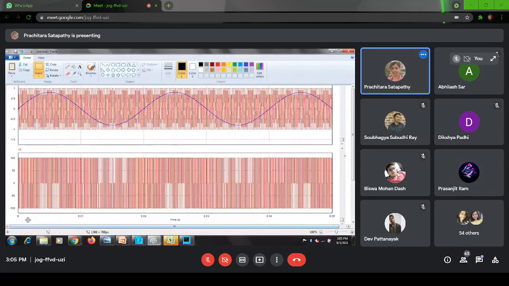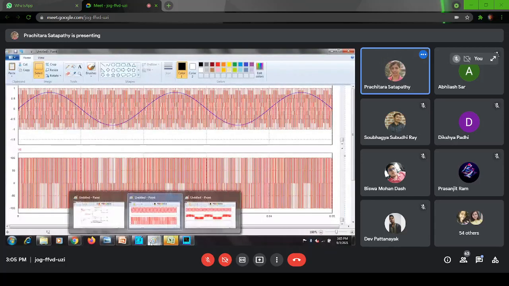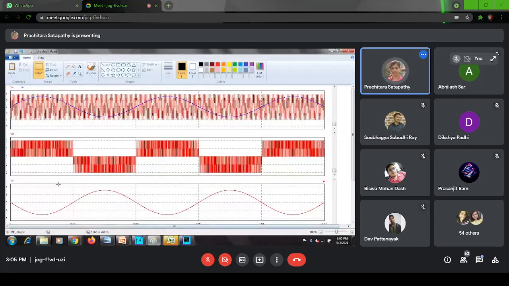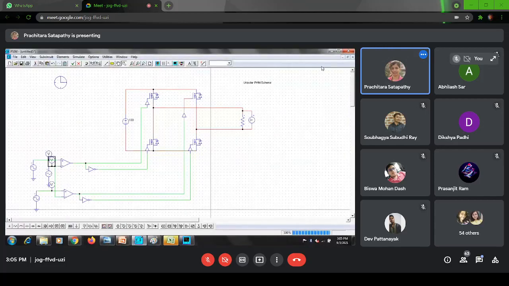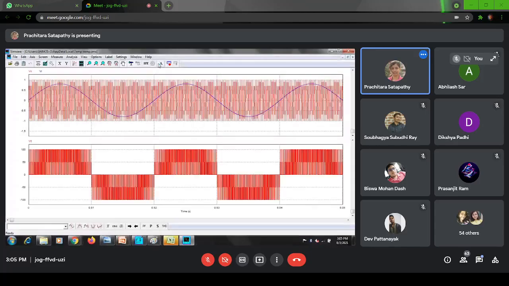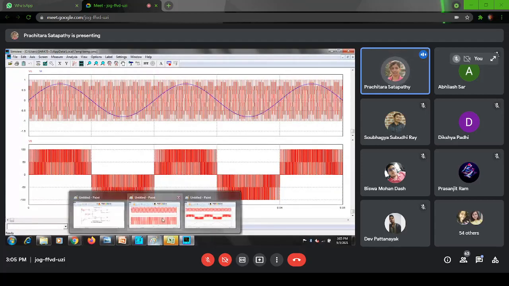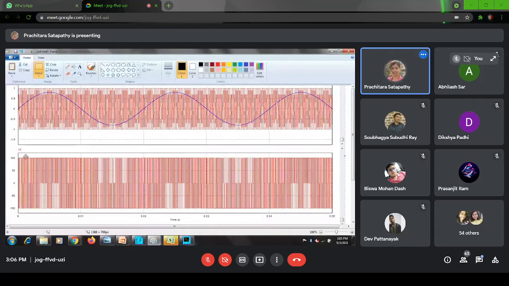So you can see the peak voltage, sorry, source voltage you have taken is 100. So in bipolar it is moving from minus 100 to 100, yes or no? Here also minus 100 to 100, but you can see the gap. At a time there are some pulses for positive, then negative pulses. Then positive pulses, then negative pulses. But if you look at the bipolar scheme, positive, then negative, positive, negative. In each half there is positive, negative. But here,